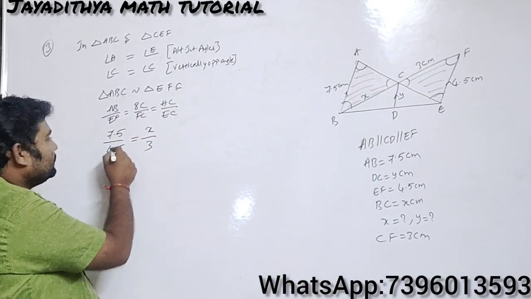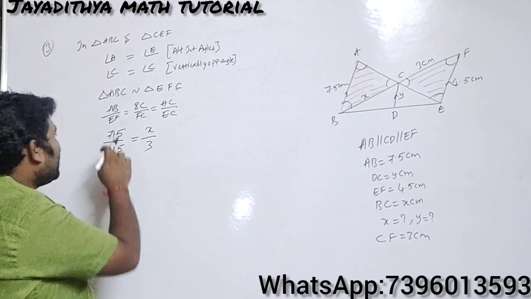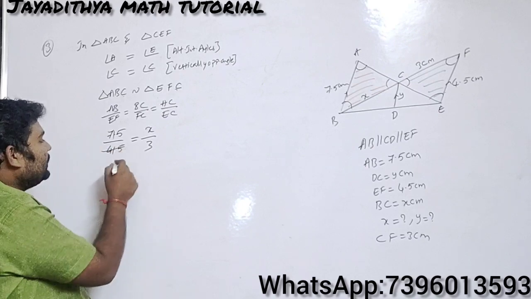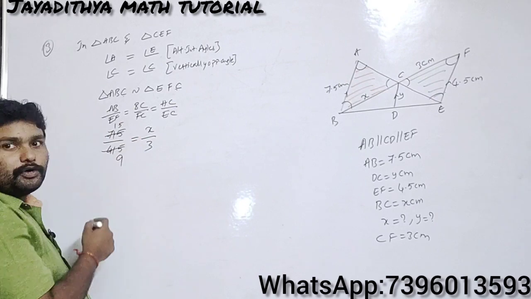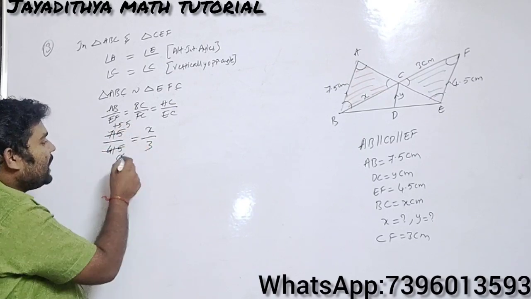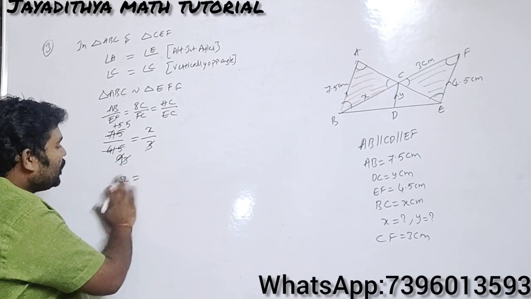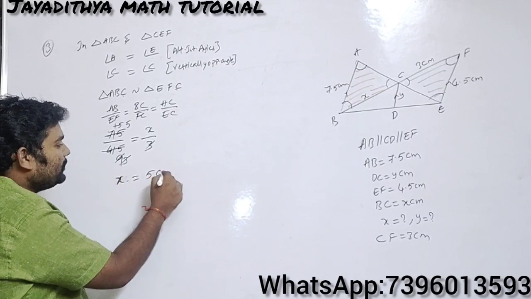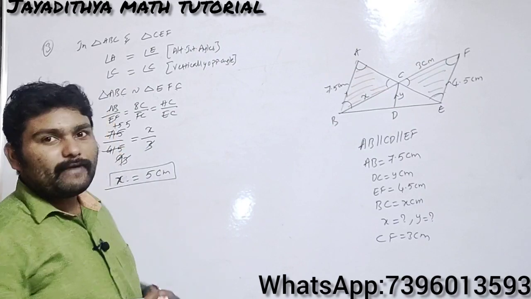So you can cancel the decimal points here, because you have the same number of decimal places. Then what can I do here? 5 9s are 45, 5 1s are 5, and 5 5s are 25. Okay, 15 by 9. Again I can cancel it. 3 3s are 9, 3 5s are 15, and also I can cancel 3 and 3 in the denominators on both sides. So what did I get here? I got the value of X, which is equal to 5. So the value of X is equal to 5 centimeters. So if I take two similar triangles, I got the value of X.